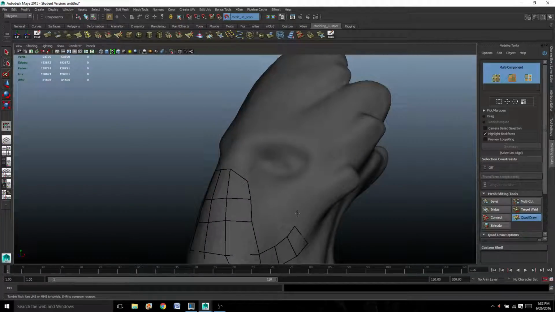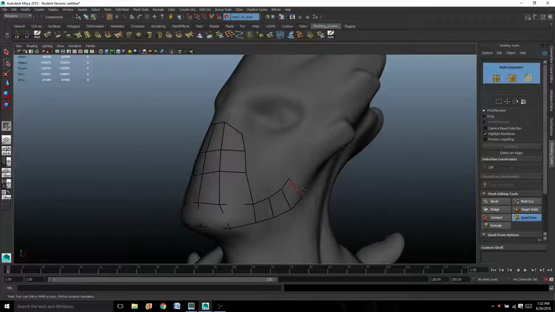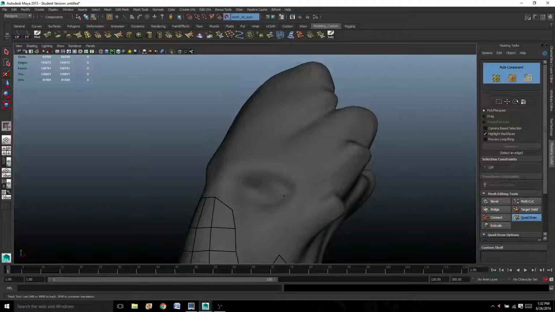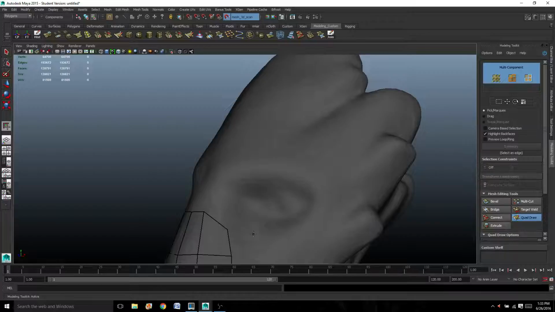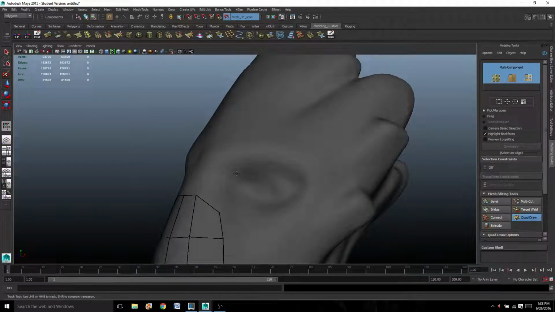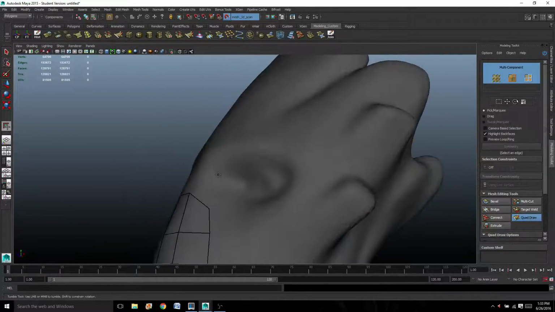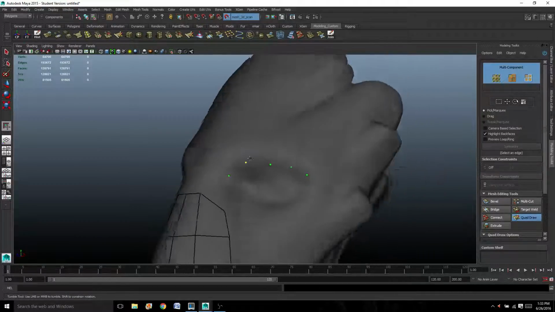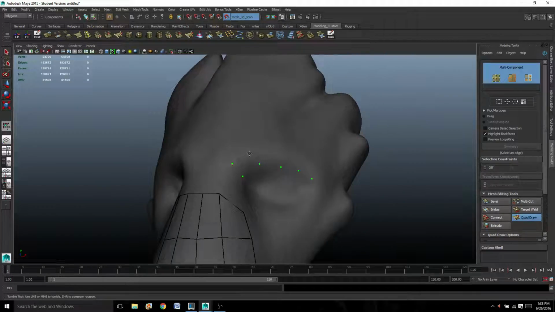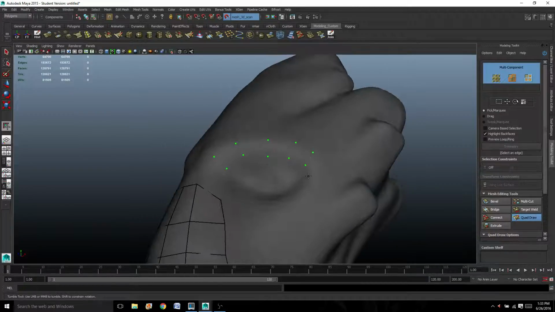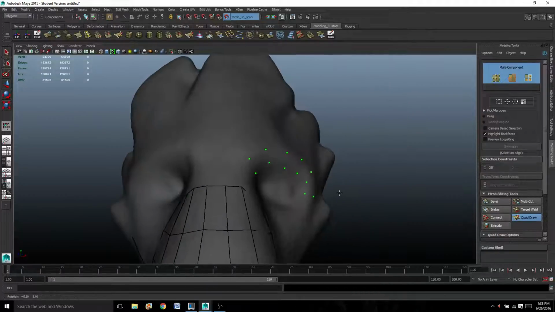Look at the way the edge flow works with the face, and see how this jaw is working its way back up into the head. The eyes have this circular shape, so you want the resolution around the eyes to be circular and not just flowing straight up and into it. What I mean is, I'll just go in here and start giving you an example, but instead of going up and over, I'm going to route this down where it's